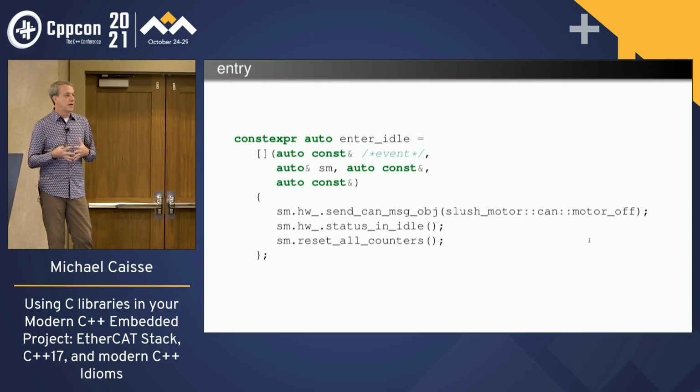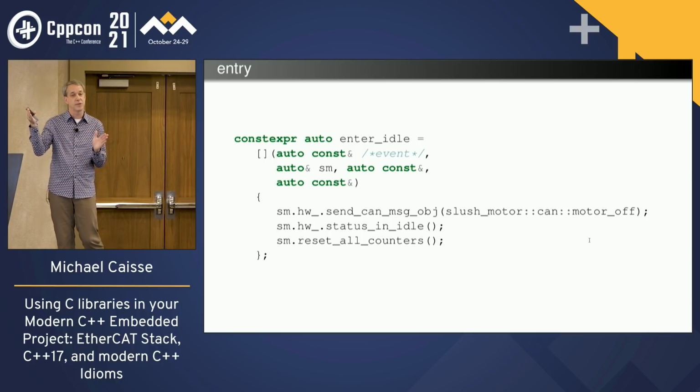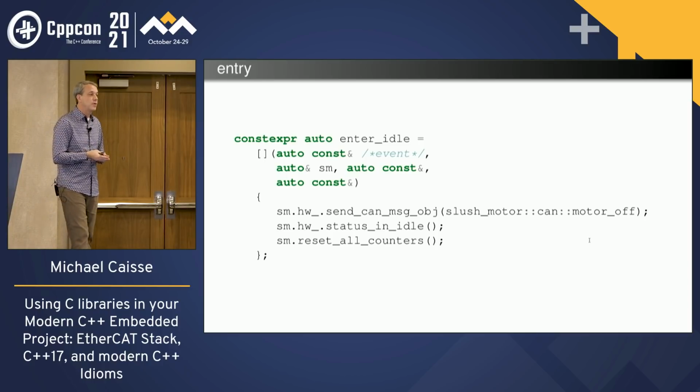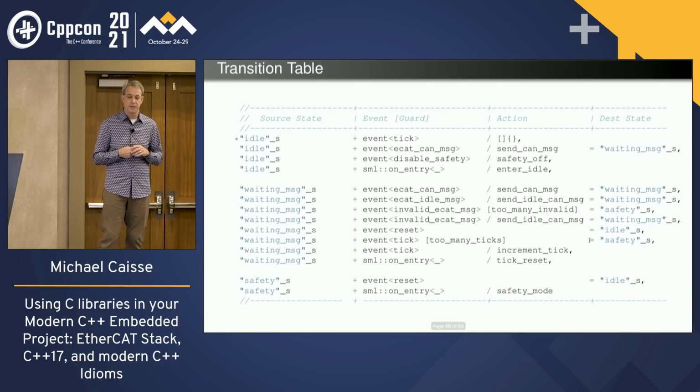So another nice thing about these hierarchical state machines is that they have entry and exit code for your states. As you enter a state, it will execute whatever the entry code is. And as you exit the state, it'll execute whatever the exit code is. And if you had a transition, like the ones I had up at the top, you can see that there are a variety of transitions that don't go to a state. They have no destination state.